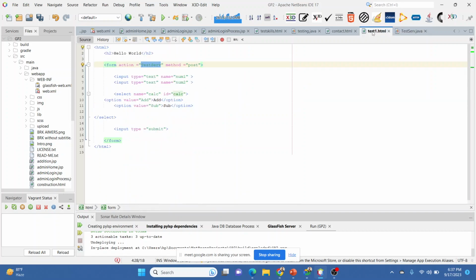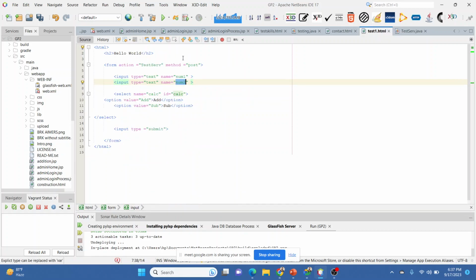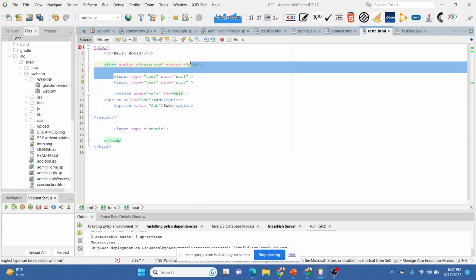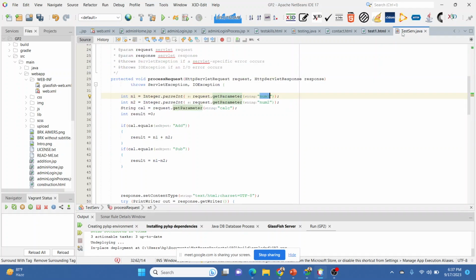There are three parameters over here: number one, number two, and Kelsey. For number one, we call request.getParameter and put the name number one. Whatever we enter into the number one text box, it is going to retrieve that data, and we are trying to do integer calculation.